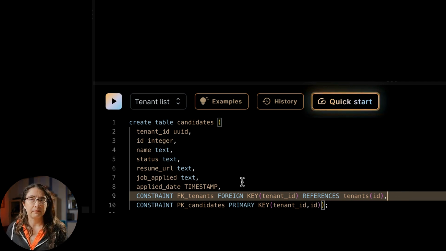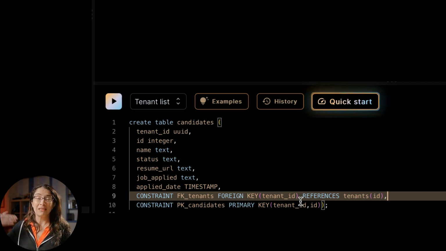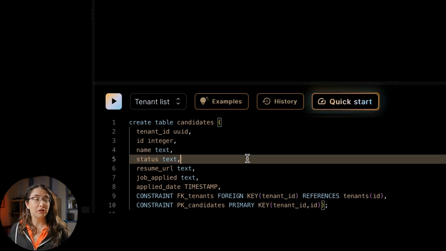So we need to isolate the candidates for one company from the other. So obviously we need to know which tenant every candidate belongs to, hence the tenant ID. And Nile enforces that the tenant ID that you introduce actually exists. When you insert a new candidate, it will make sure that this candidate is inserted into the virtual tenant database of the correct tenant. Let's create this table,